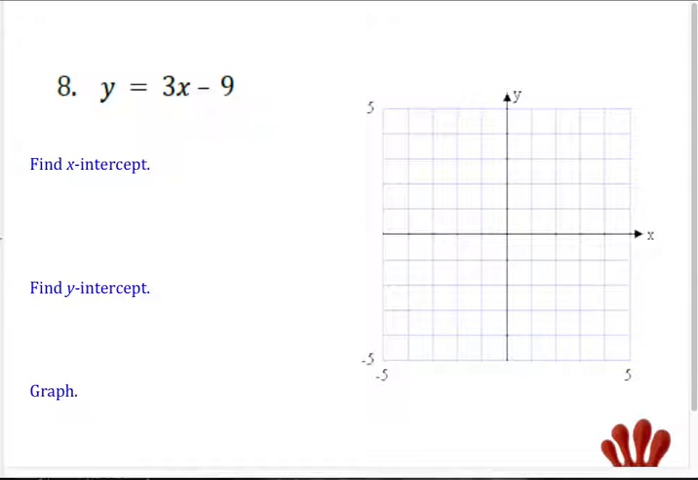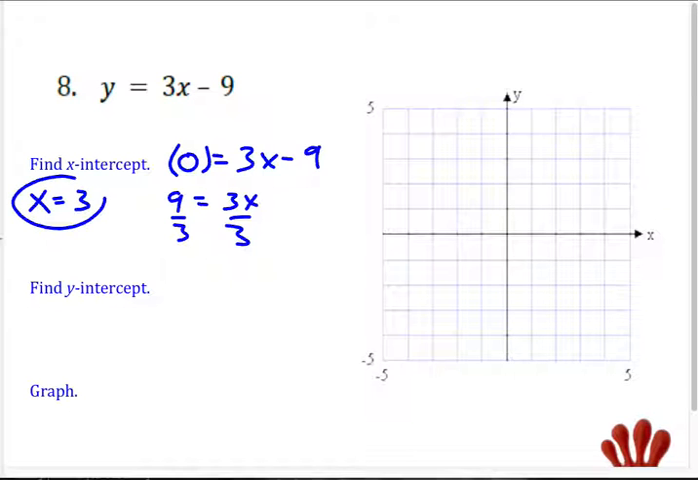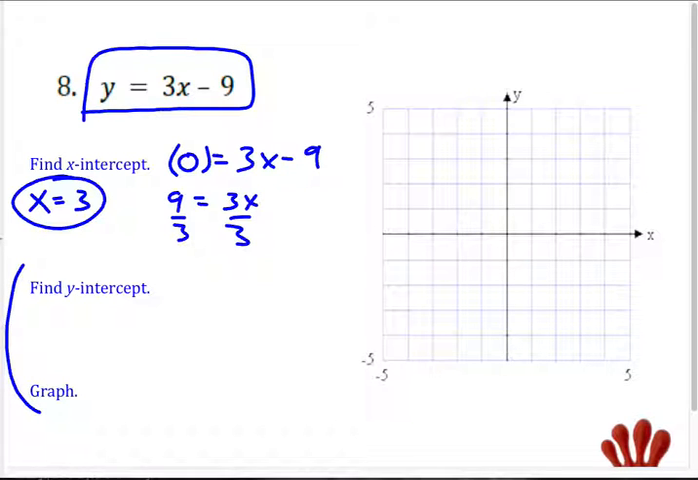Find x-intercept. If I want to find x-intercept, that's when I plug in 0 for y. So 0 for the y equals 3x minus 9. Adding 9 to both sides, I'm going to get 9 equals 3x. Dividing both sides by 3, my x-intercept is 3. My y-intercept and then graph, well, it's already in slope-intercept form. So I know this. My slope is 3, and my y-intercept